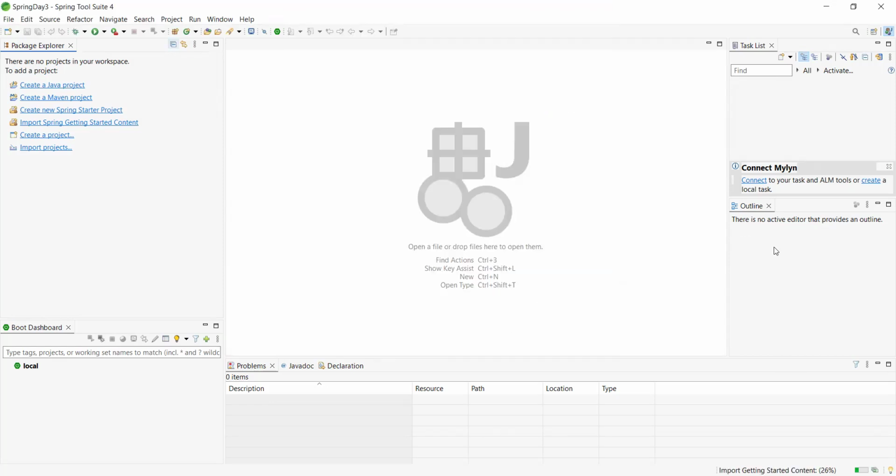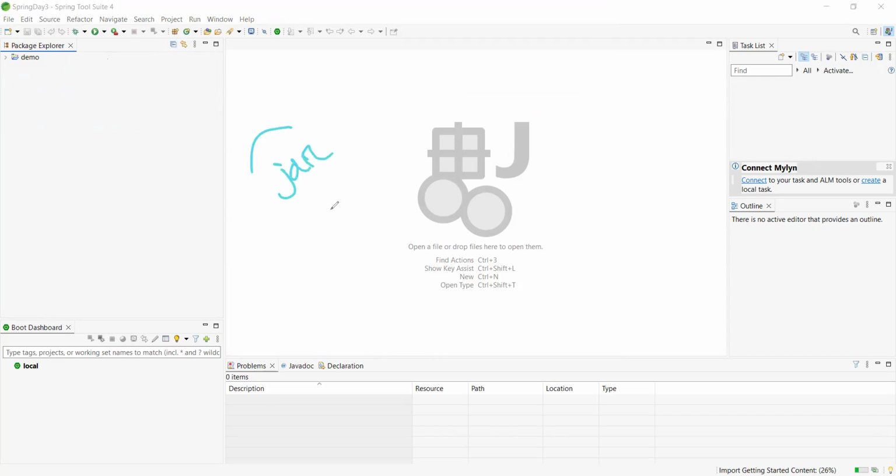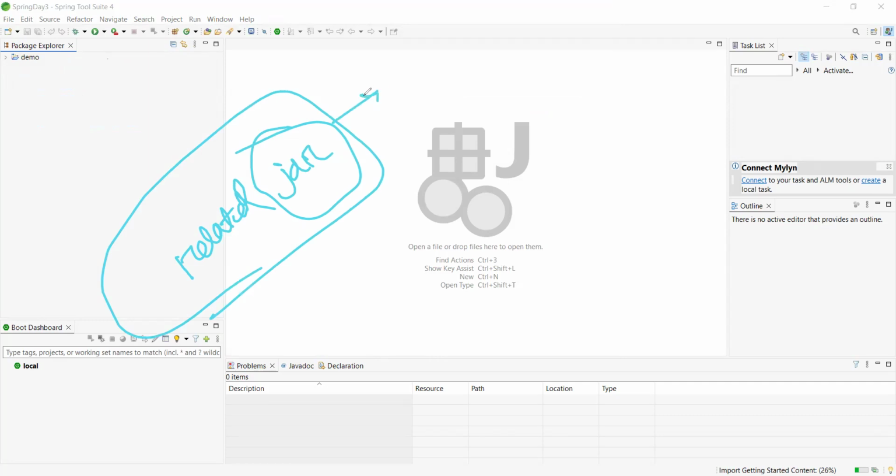Just a moment. So mainly, module means what? Module means nothing but a jar file, right? A collection of jar files, or related jar files, right? What is the purpose of this module? To perform a specific task, right?